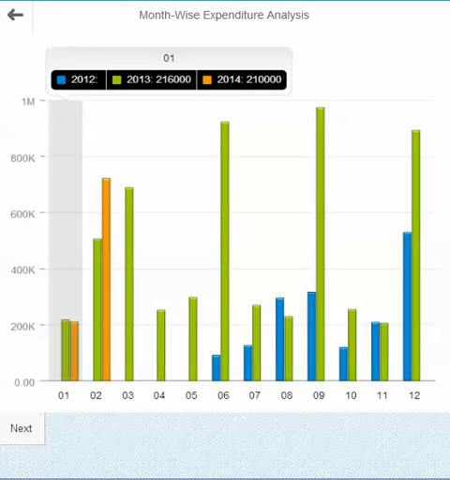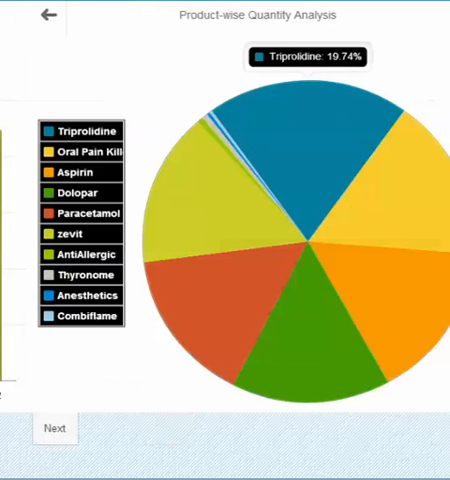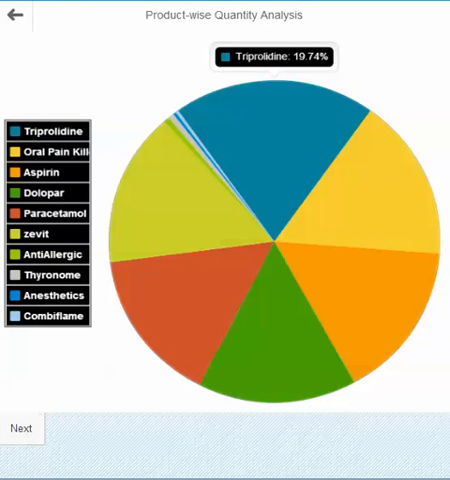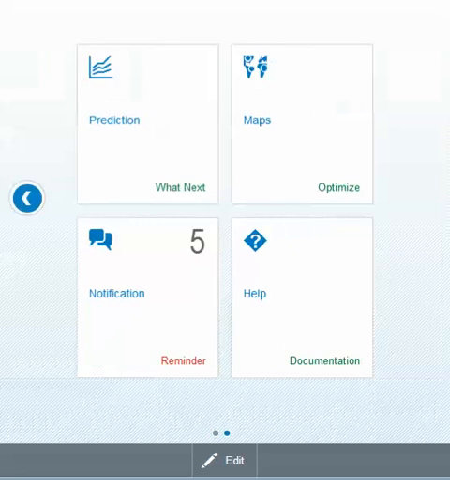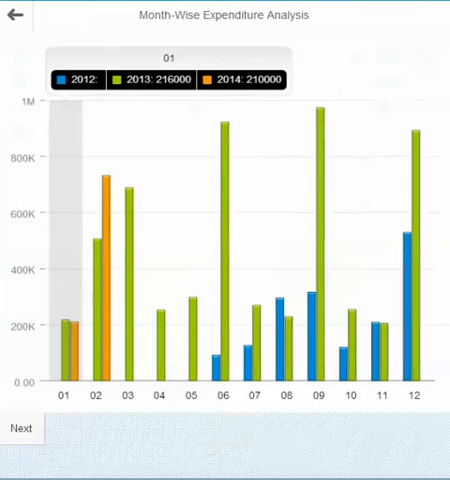Analyzing the information, it can be a monthly analysis saying in which month he's buying in which year. So selecting it, he's buying so much in 2012, 2013, and 2014. If he wouldn't buy, it would be blank. Then there is yearly analysis and product-wise analysis. So now he will go to the analysis tab.